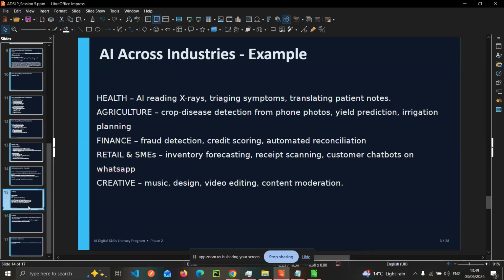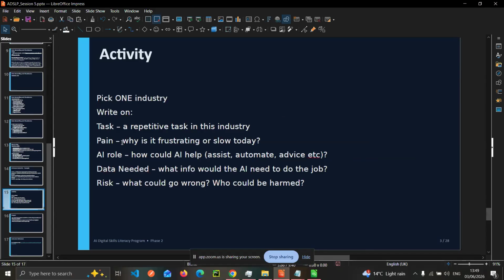So in our next slide, I've done most of the talking, and it's also good for us to engage. I would like anyone, this is an activity. There's no need to write, since we're discussing, but I'm going to share it again in the WhatsApp group, and we're all going to participate. Since we still have about 10 minutes left, feel free to pick any topic or any industry of interest.